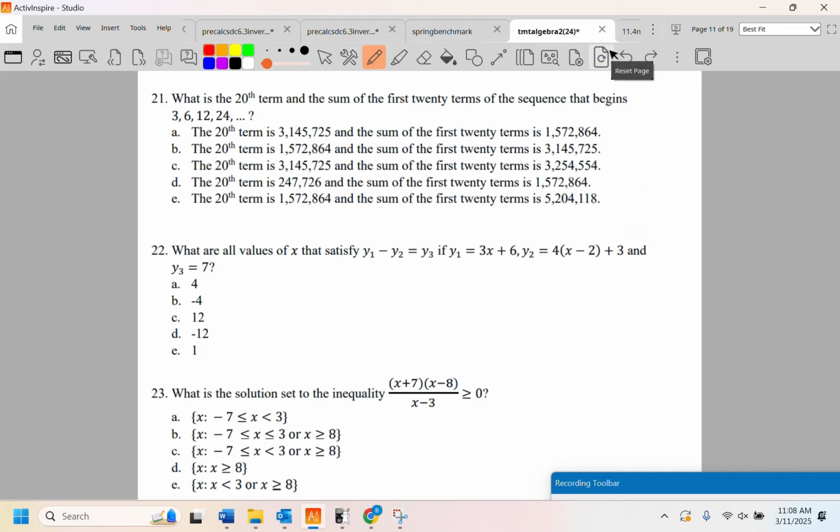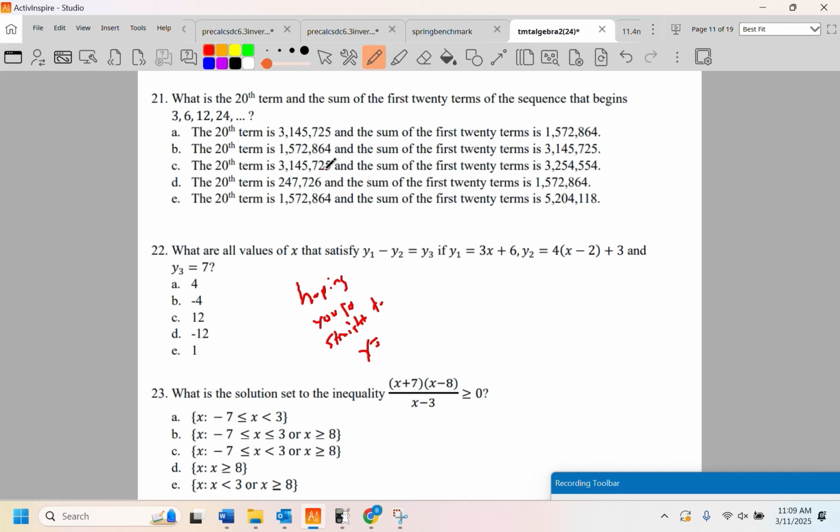All right, 22. What are all values of x that satisfy y1 minus y2 equals y3 if y1 is 3x plus 6, y2 is 4 times x minus 2 plus 3, and y3 is 7? I think what they're hoping is they're hoping you go straight to y equals. That's what I'm hoping they hope you do. But